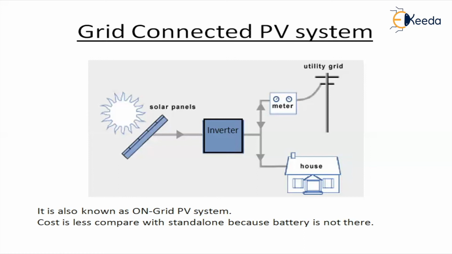In some cases the system is grid connected, but what is the problem? There's a problem of power cuts. You can't rely on the grid supply at night. Then there's a requirement for a battery also, so we connect a battery in this system too, but that's a rare case. In cases where power cuts go on for long hours, you can't design with the grid alone or the standalone alone. So we connect the combination of both, and we get one more system, grid with backup.